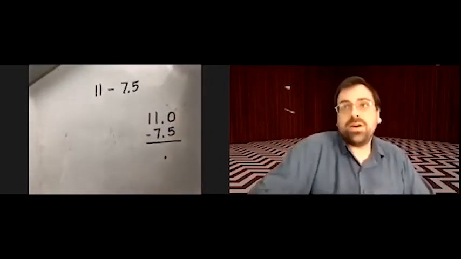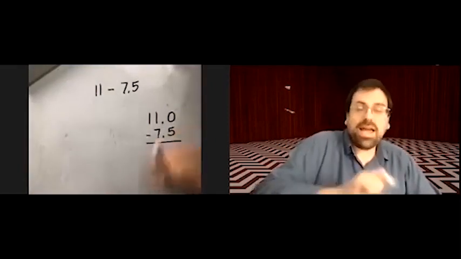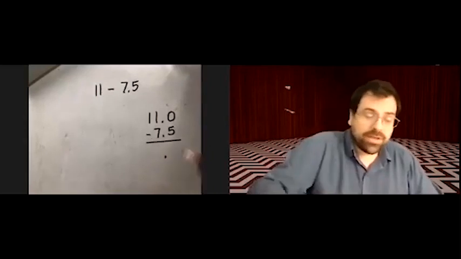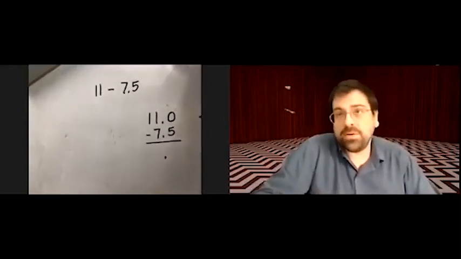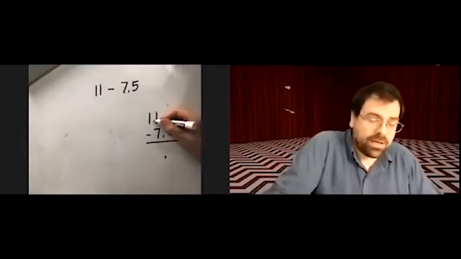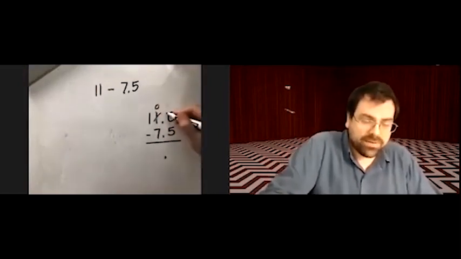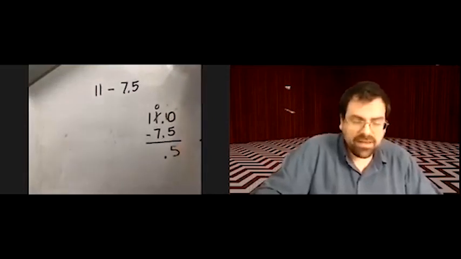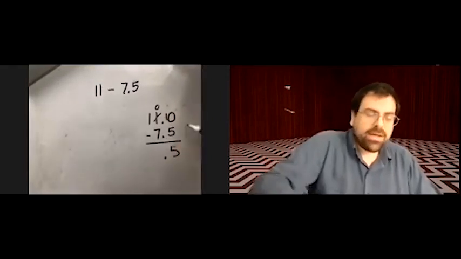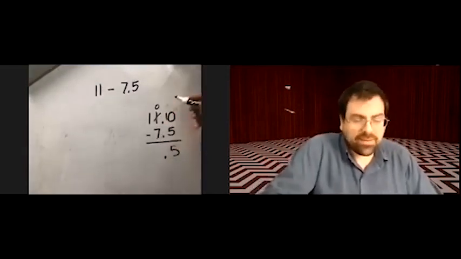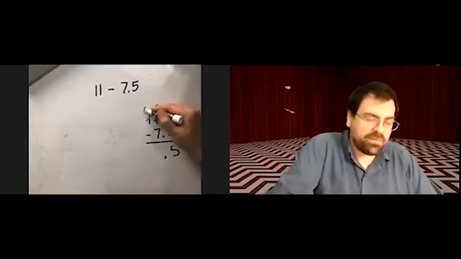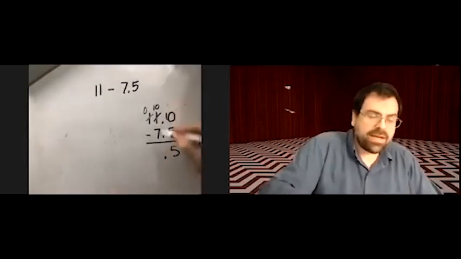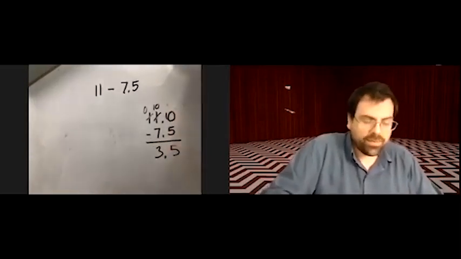Decimal point goes where it goes in the answer. Line it up. And then subtract like normal. 0 minus 5, we can't do it. What do we do? We borrow. That 1 becomes a 0. This 0 becomes a 10. 10 minus 5 is 5. 0 minus 7, we can't do it. We borrow. That 1 becomes a 0. This 0 becomes a 10. 10 minus 7 is 3. 3.5